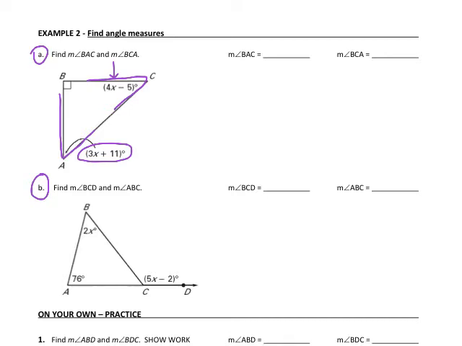So if we take a look, this measure is 90. Now, one of the theorems that we wrote out on the front side of the page says that the acute angles in a right triangle add up to 90. Okay, so this one right here is acute. We know that. And this one right here is acute, because if you think about it, there can only be one angle in a triangle that is 90 degrees. The other 2 angles are complementary. So the 2 acute angles